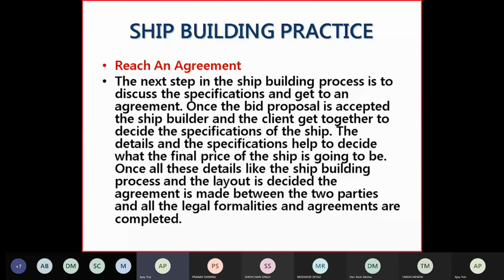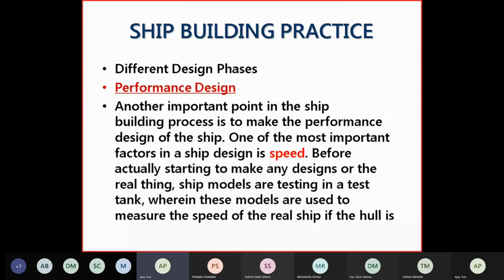So your specifications are discussed and agreed to, and once your proposal is accepted, the client and the shipbuilder will decide on the specifications, details, price, and then the agreement is signed with the legal formalities. Now, for your design and specifications, you have various types of design. First is your performance design, which is very important because basis the design, the performance of the ship can be anticipated. The main factor in performance design is the speed